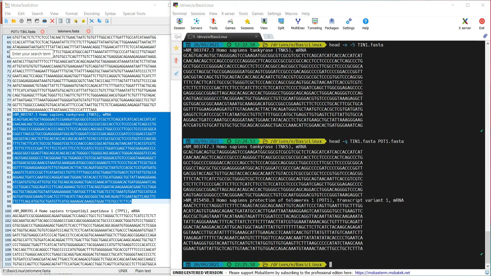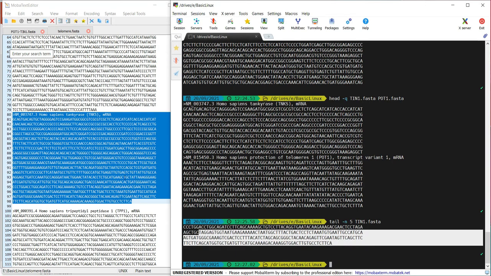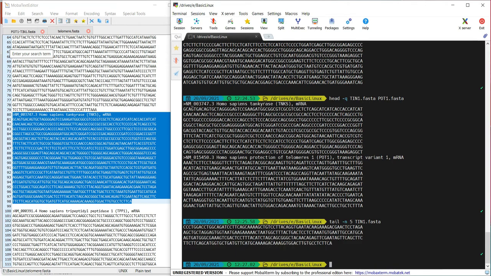And the other command is the tail command, which displays the last few lines of a file. By default, it also shows only 10 lines of a file, but you can also tell it how many lines you want to display. Like head, you just have to simply type tail and the number of lines you want to specify. I want to specify 5 if I want to view the content of tin1. Now if I press enter, it will show the last 5 lines of this file tin1.